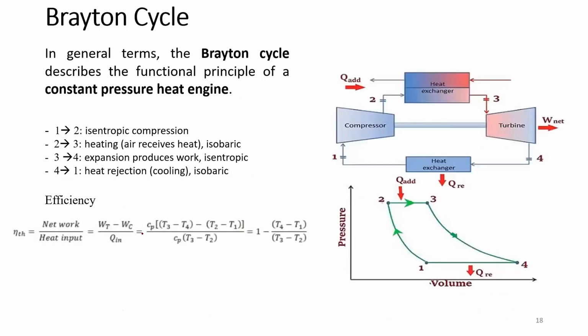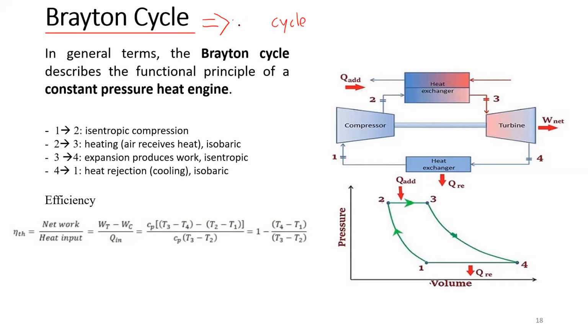Okay, and the last one, we call it the Brayton cycle. The Brayton cycle describes how a heat engine extracts energy from the flowing fuel and air to produce useful work, which is still the same. It is further used to drive a vehicle. Do you know what is the synonym of the Brayton cycle? What is it commonly called?